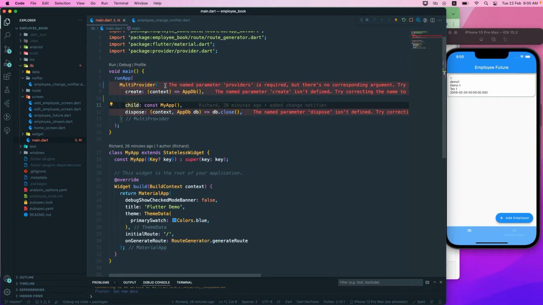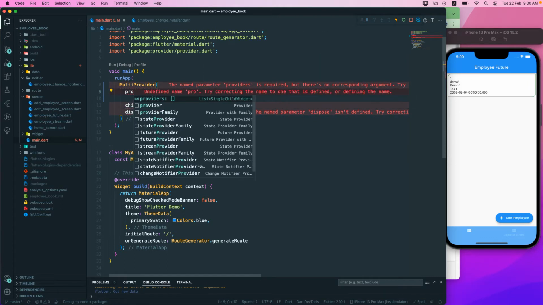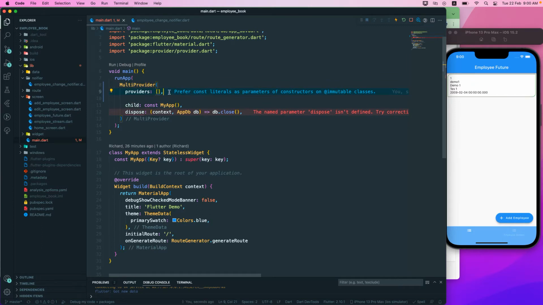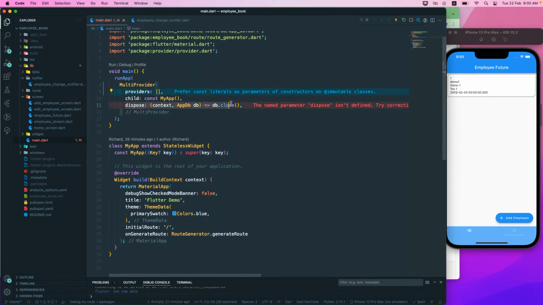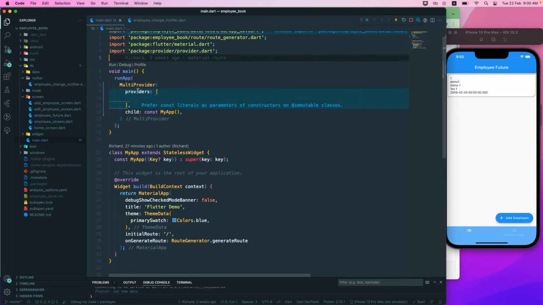Child we already have, and here we will provide the providers, and this takes a list of providers, right? So I can just remove this post for now. And once we have the multi provider, inside this we can create multiple providers. So first we will create a change notifier